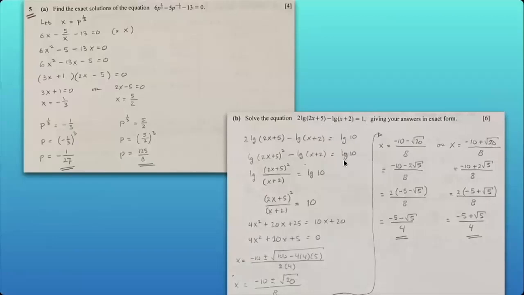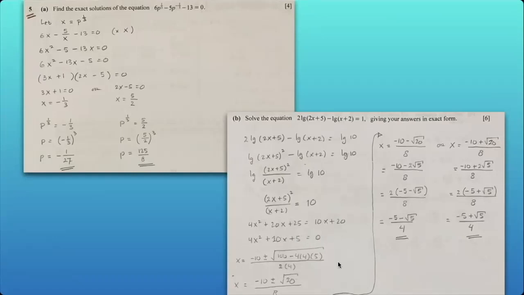And then we can apply the law of logarithms. Here we have a subtraction of logs, and that becomes the log of a quotient, and that's equal to log 10. Since both logs have base 10, we can just equate these two expressions. Then we cross multiply, or multiply both sides by x + 2, to get this quadratic